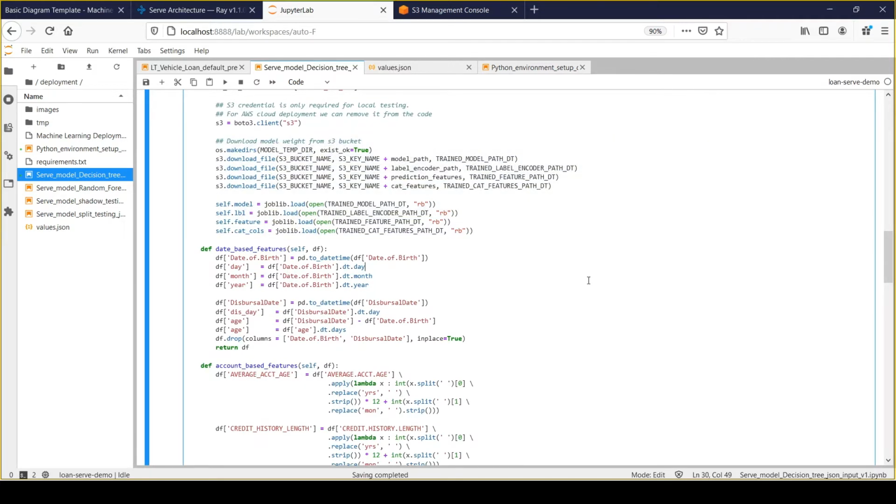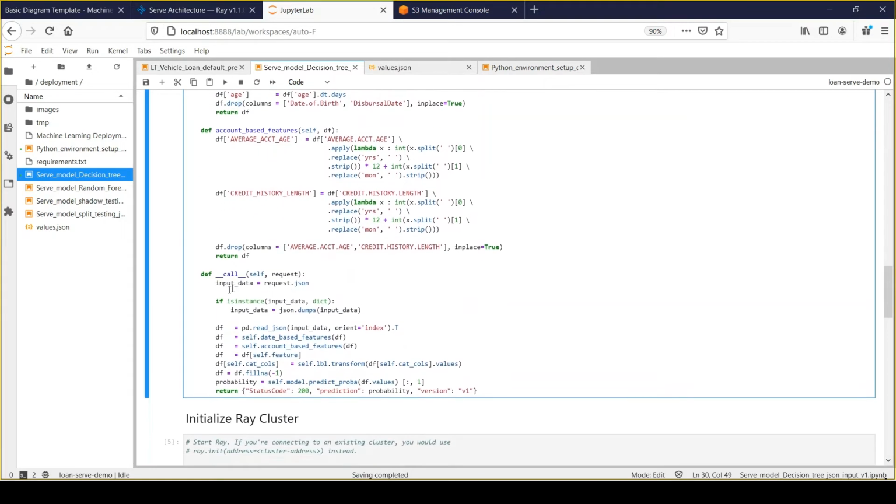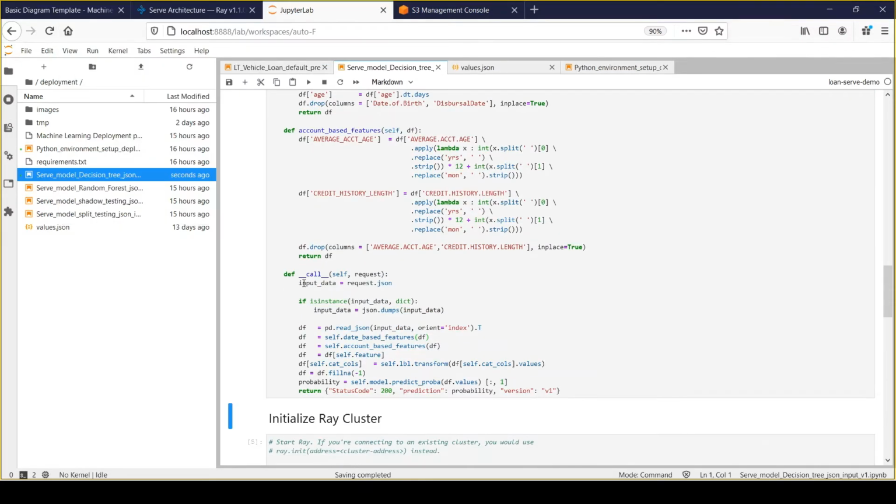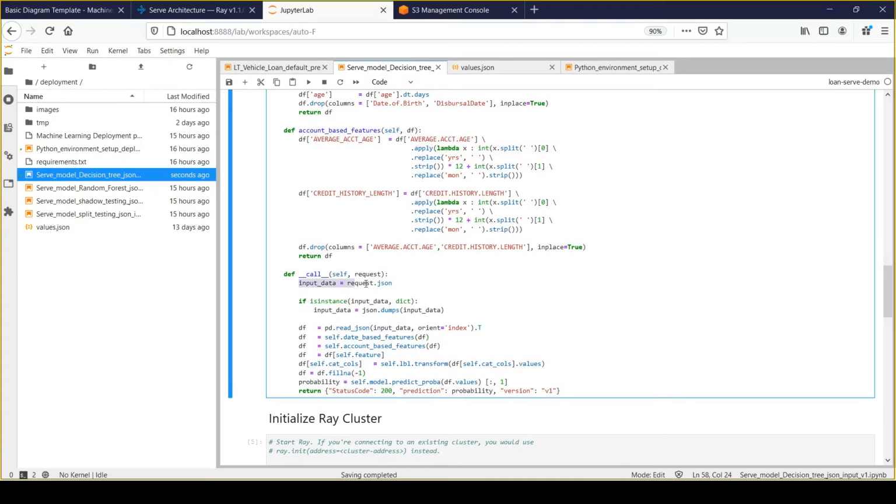So once that gets completed, next we need to write the required functionality for the machine learning API. Okay, and here we are simply parsing the HTTP request which we have received as input, and this request is nothing but a Flask object. And using this, we are simply taking the JSON content from the request object.